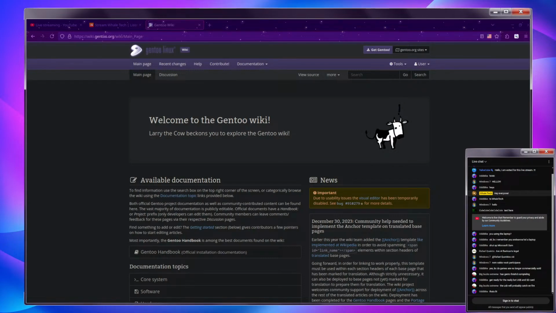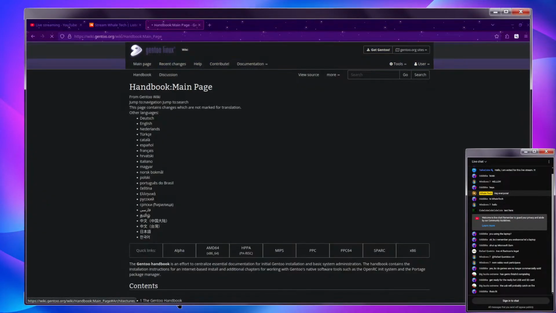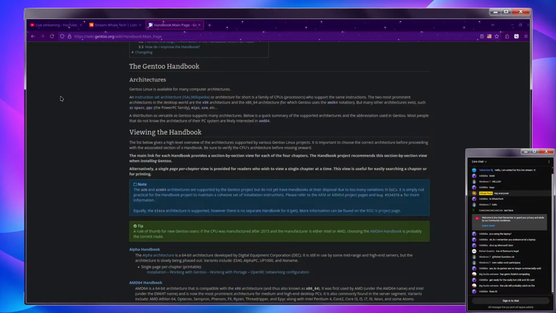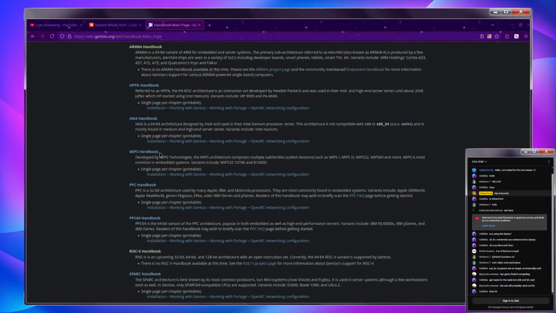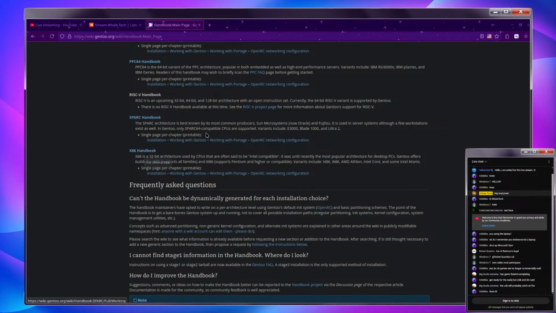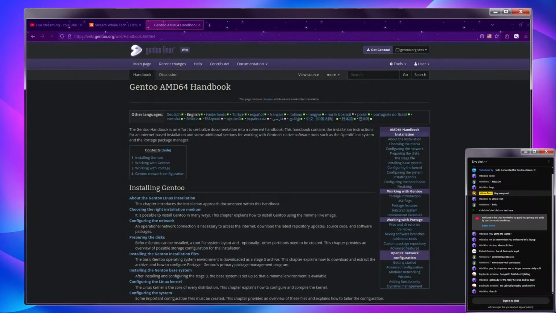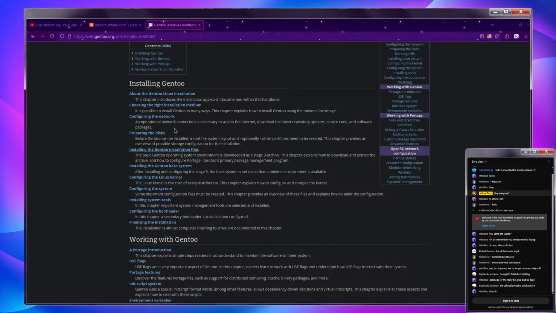Okay, that's lit. So, to start an SSH server on this system, type /etc/init.d and then we do a start. So Gentoo handbook. We need to do the x86 handbook. Handbook. That's what we need. So,